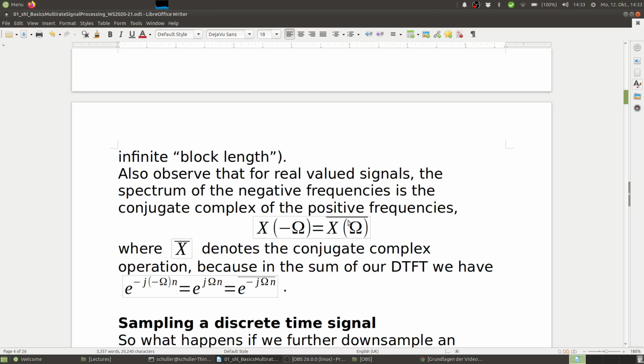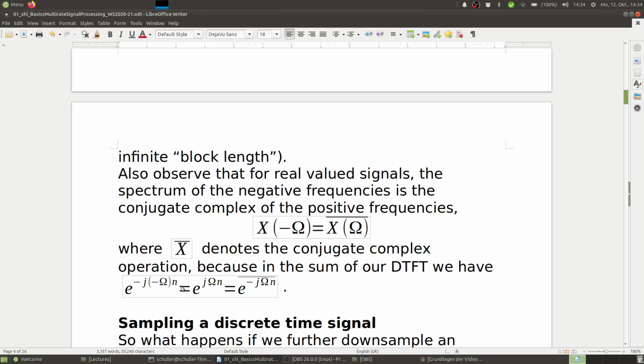So there's actually a reason for having negative frequencies, and this is because when we have complex sequences, then even the symmetry does not hold anymore, and then it really makes sense to have positive and negative frequencies. So x over bar denotes the complex conjugate operation, and this is because in the sum of our DTFT we have this complex exponential,